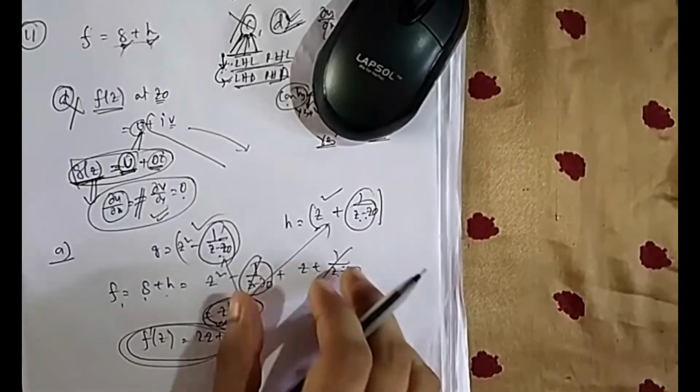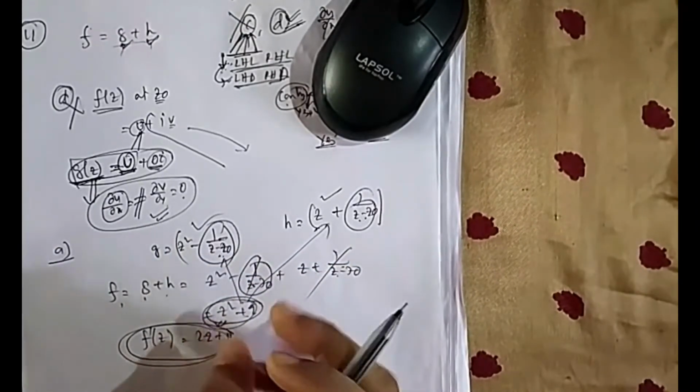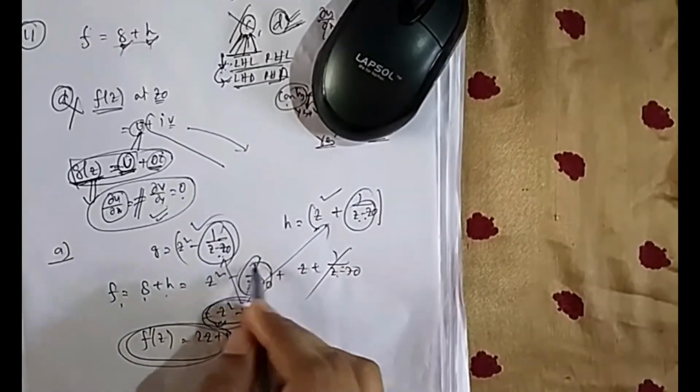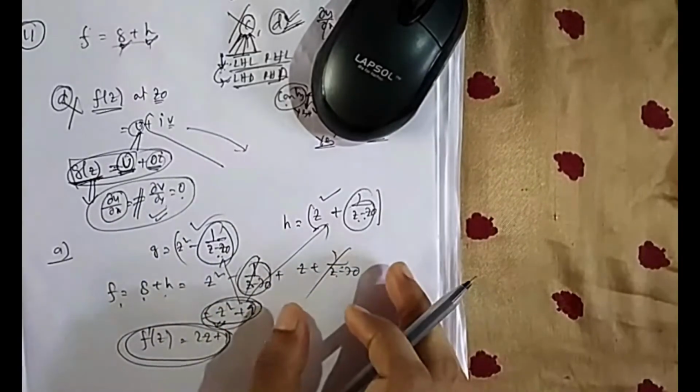So if these two are differentiable, then the summation will obviously be differentiable. But if the summation is differentiable, you cannot say the original was differentiable or not, because in the summation something may get cancelled out. So if you add these two, some properties can be lost, because some critical points can be lost. Something minus something plus can be cancelled out. So the reverse you cannot say.